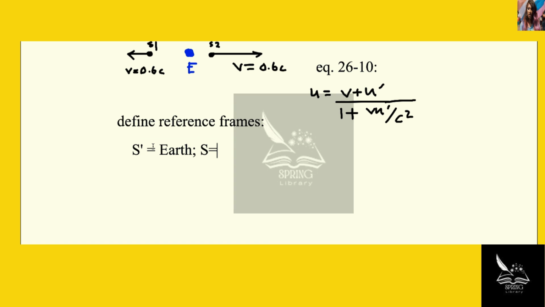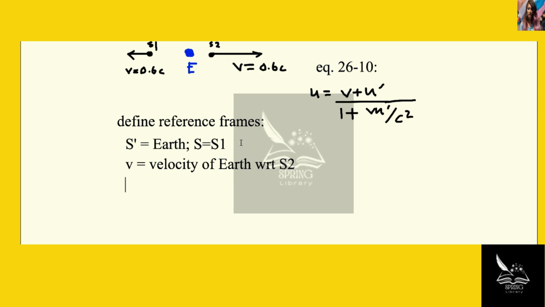S will define as reference frame of spacecraft 1, or S1. Okay, and so what this means is that v is velocity of Earth with respect to, or relative to, S1, or rather S2, sorry,